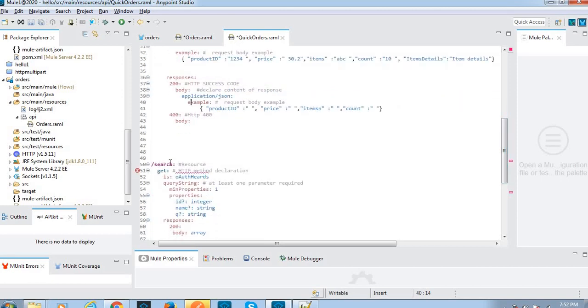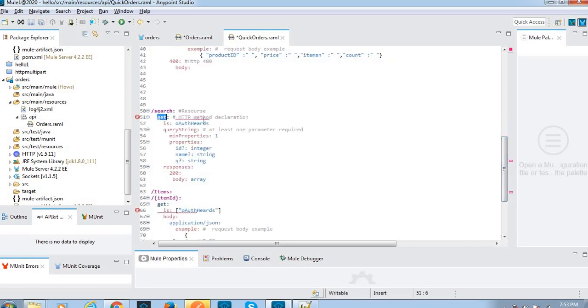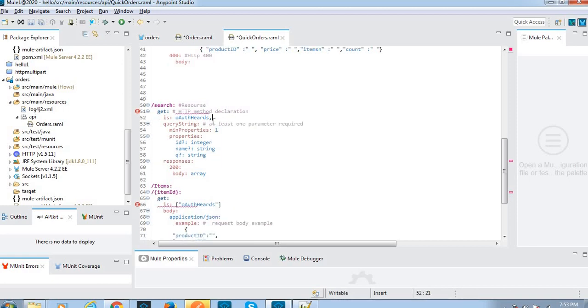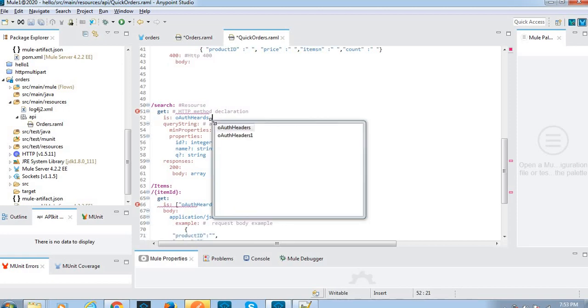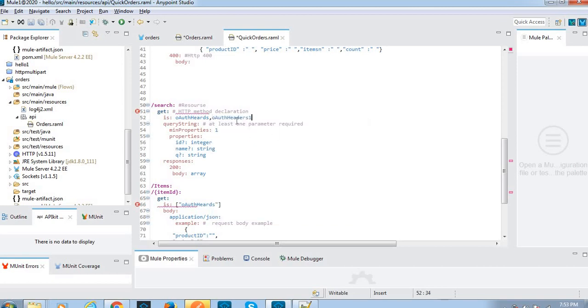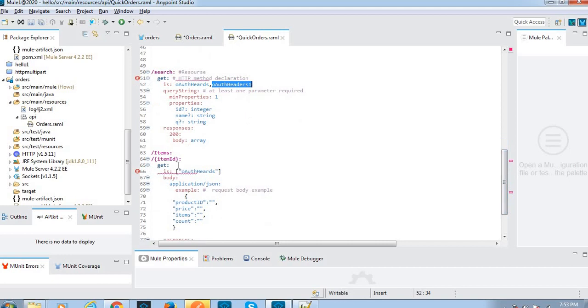Again we have another resource, search, and the method is get, and we have implemented the function, this right security implementation.